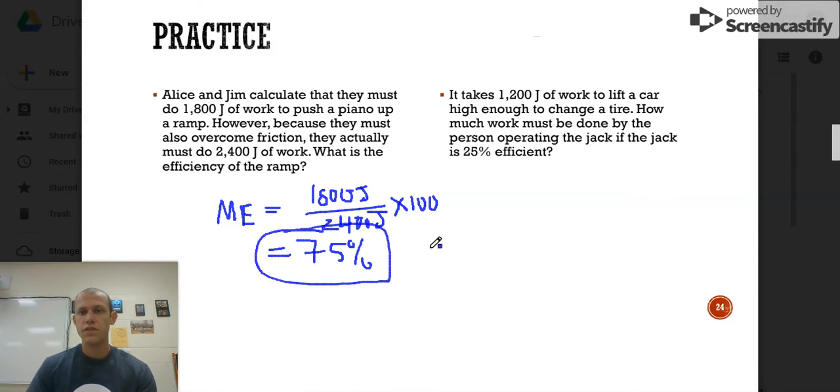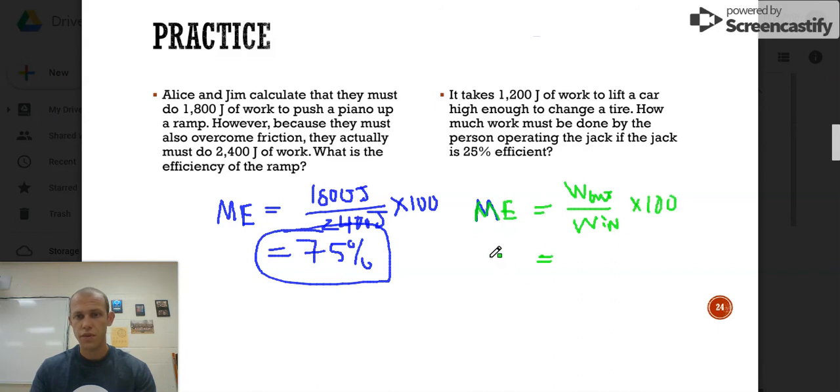It takes 1,200 joules of work to lift a car high enough to change a tire. How much work must be done by the person operating the jack if the jack is 25% efficient? So not very efficient. Let me change colors here. So mechanical efficiency is equal to your work out divided by work in. We know the efficiency is 25%, so times 100 here. So 25%. Your work out must be